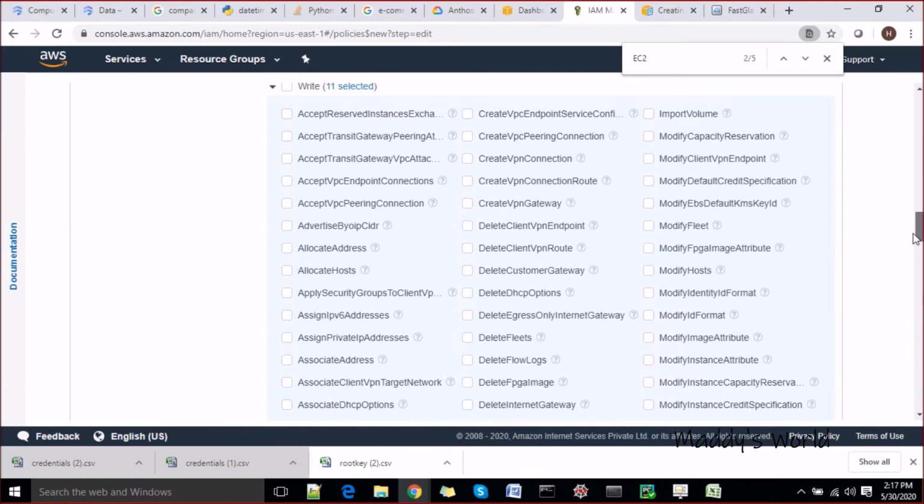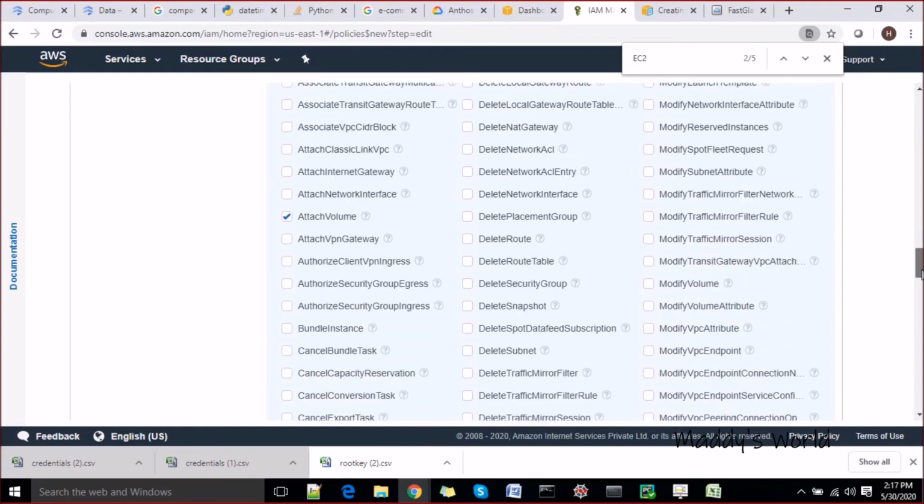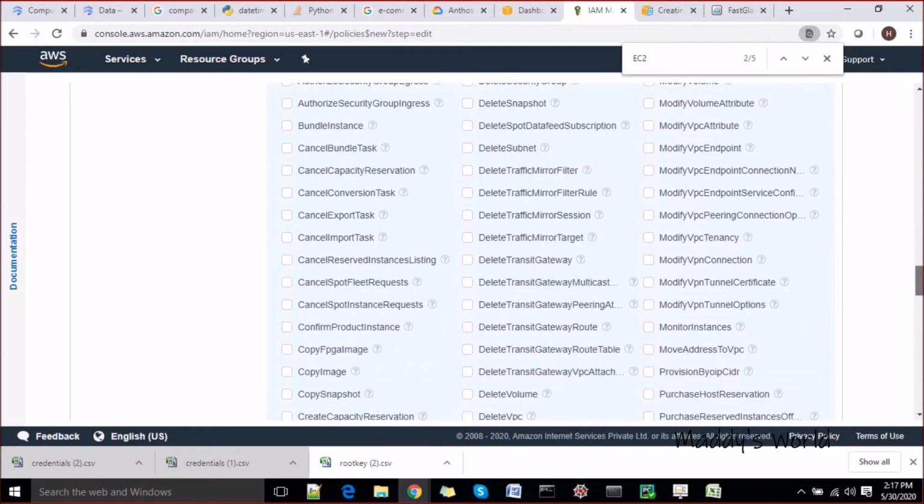Okay, that's fine. Or anything here we find. No, modify instance placement, no.